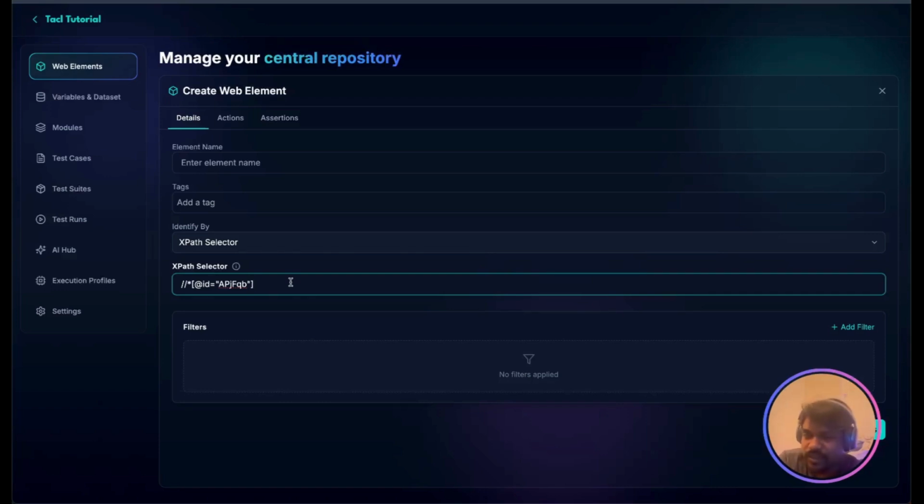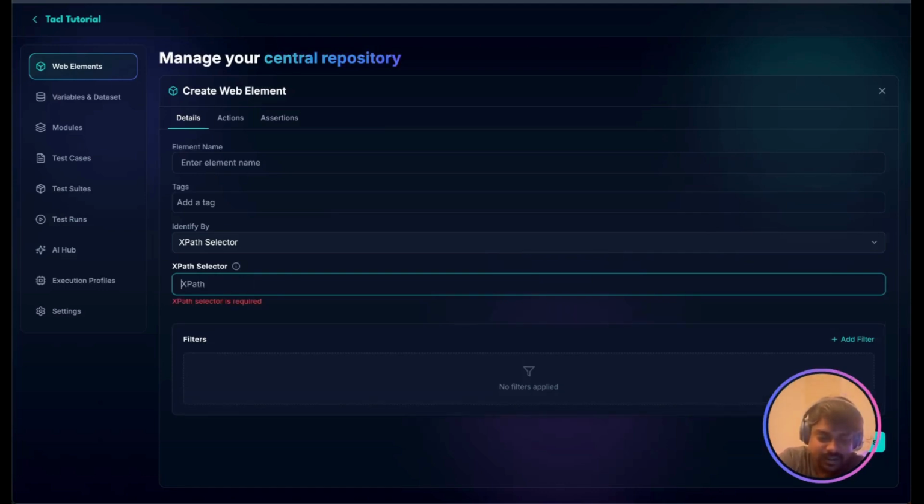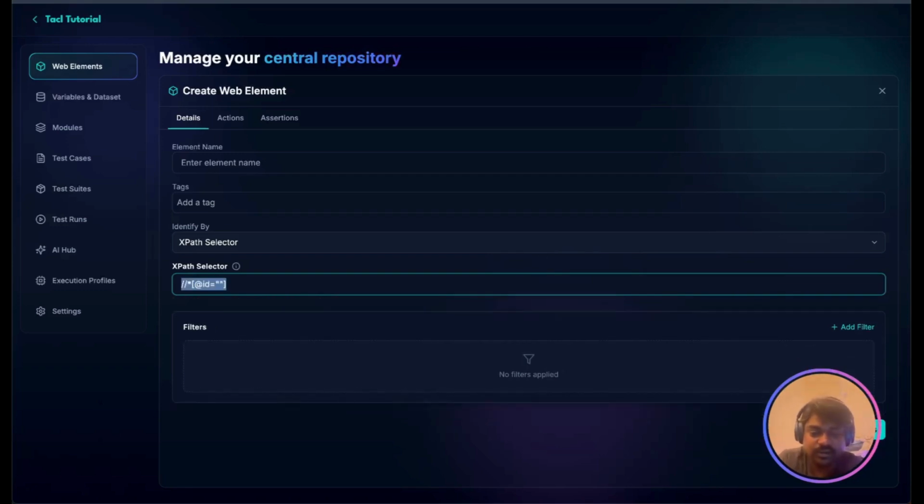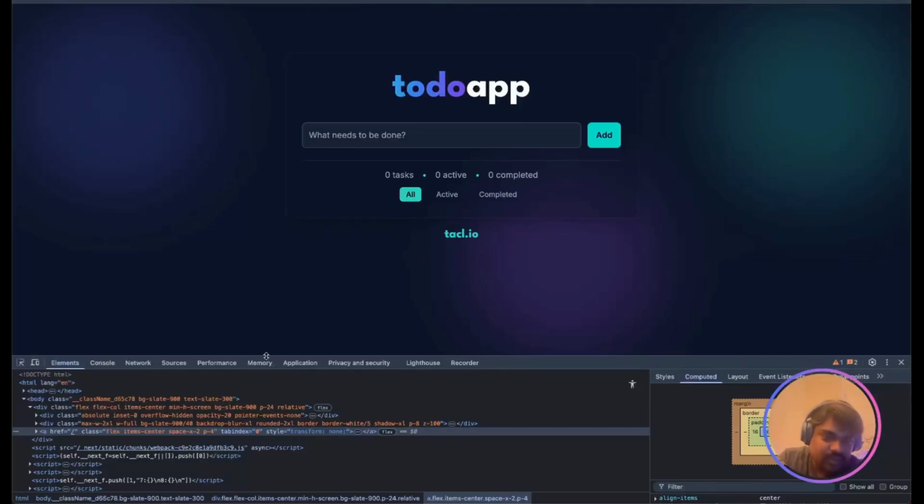Now, this is, as you can see, very similar to what we had in the CSS selector. When it was the CSS selector, it was basically hash the ID. But in case of the XPath, it starts with double slash and then provides at ID is equal to something. But to understand this a little bit more in detail, let's take the same example of